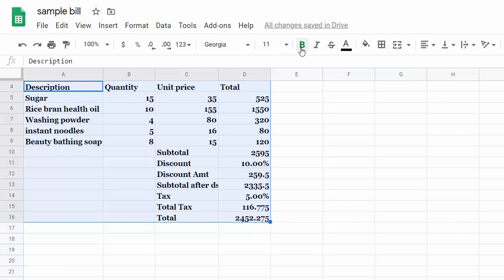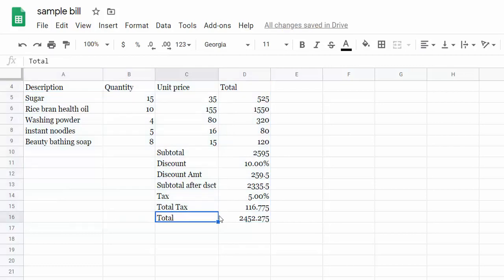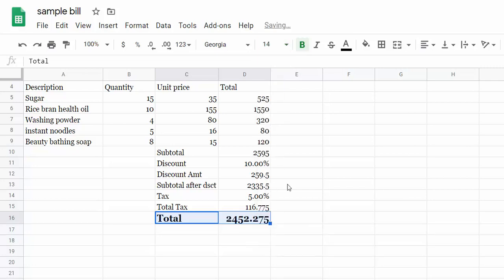If you want to revert the changes, either you can press undo button or you can say Control Z from the keyboard. If you just want to make these 2 cells bold, you can make only these 2 cells bold. Or if you want to increase the size of the font, you go to font size and increase it.